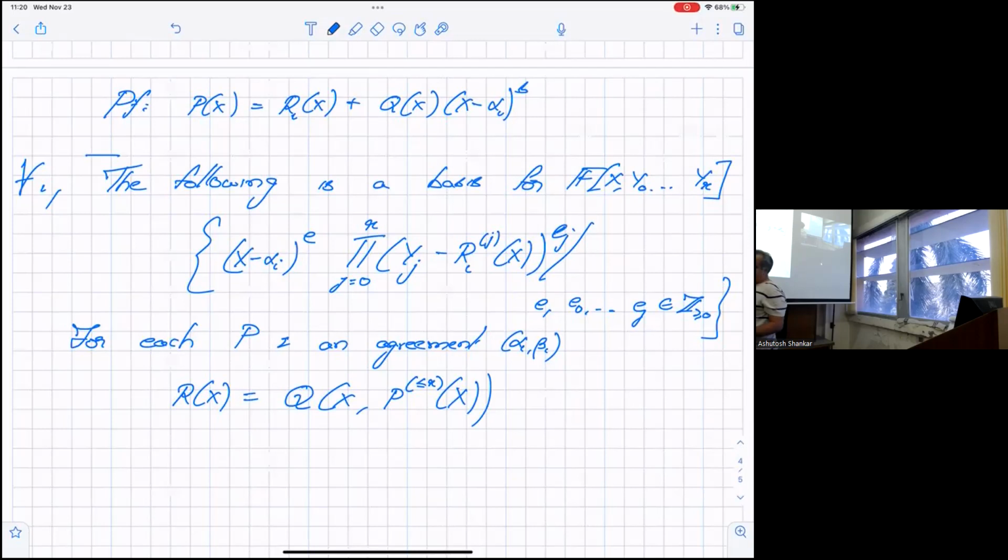So, in other words, when I write it in the monomial basis, the powers of x minus alpha_i to the power j, it must have no monomial of degree less than x minus alpha_i to the power n. Everything should be there. Now, the point is, at a point of agreement,